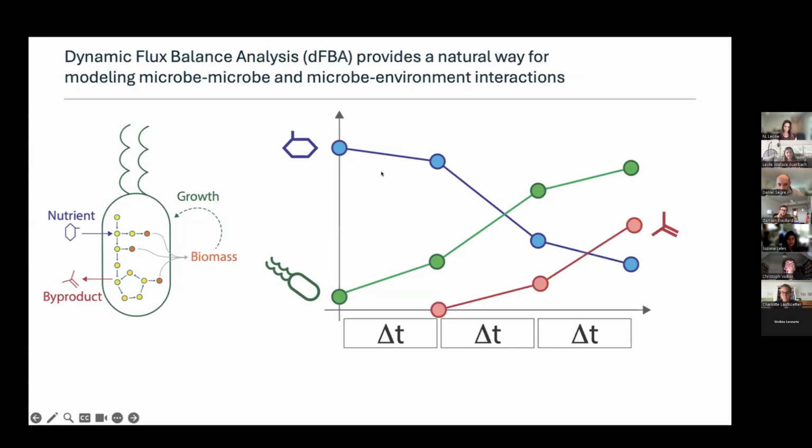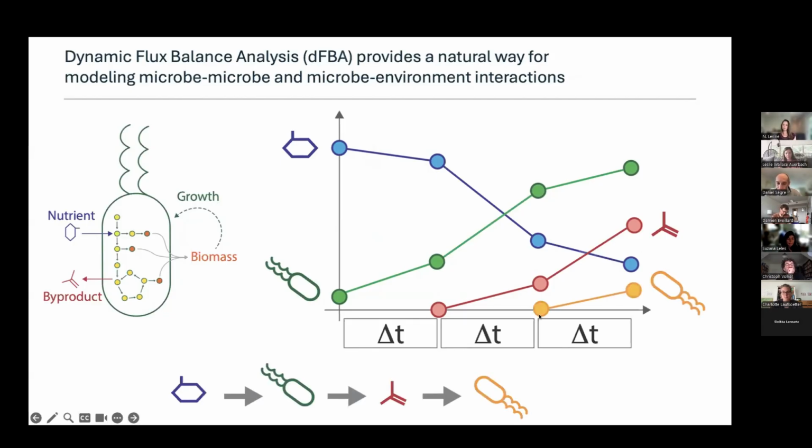Imagine now as this organism is growing, you can simulate and generate in flux balance the flux of production of a metabolite that is secreted, for example, acetate, and this will accumulate in the environment. And now if there is a second organism, this yellow one, that could not grow on glucose but can grow on acetate, and if you just iterate over flux balance calculations for the different organisms, you'll see this yellow organism will start growing because of the acetate that has been secreted.